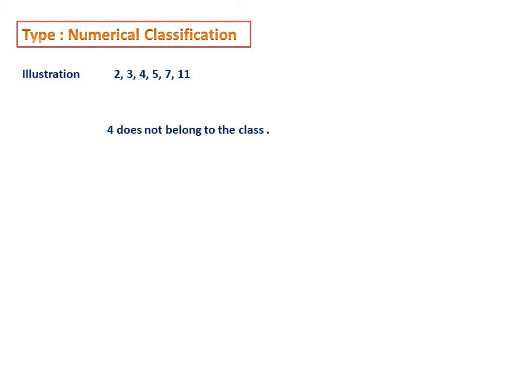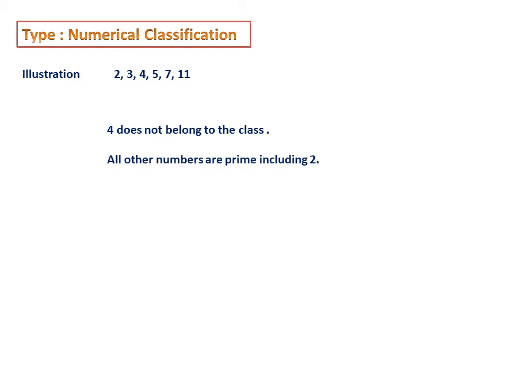Can you say why? Because if you closely look, 2 is even, 4 is even. These are the only two even numbers. But if you take the remaining 3, 5, 7 and 11, they are all odd, but there is a speciality. They are also prime numbers and 2 is also a prime number. Therefore, here the category is the set of all prime numbers, in which 4 is not the member. Therefore, 4 is the odd man actually. All other members are prime including 2. So, this is the reason.